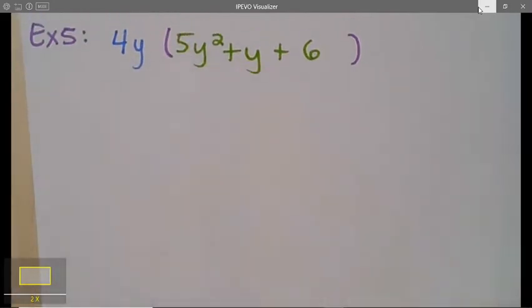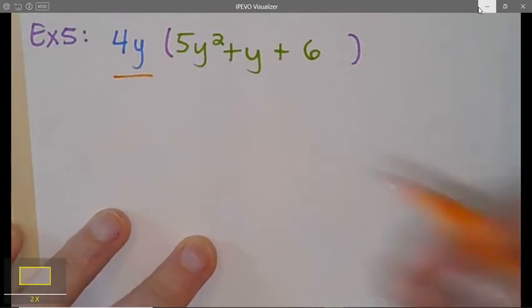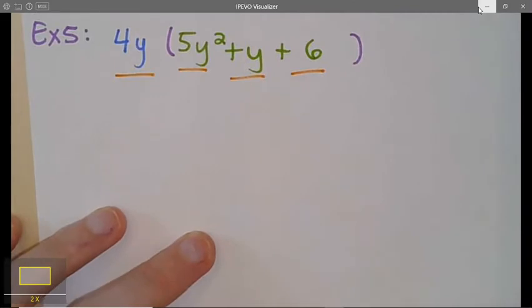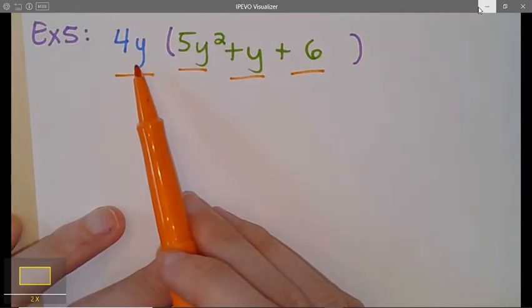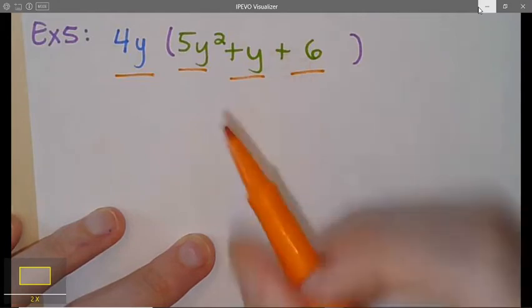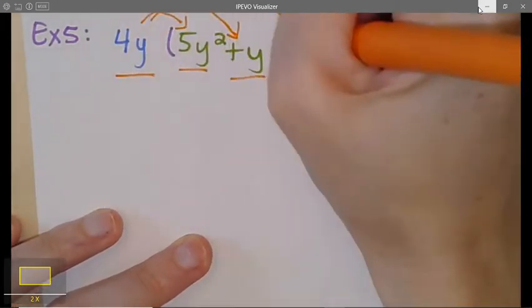So the monomial, remember, has just one term. And the polynomial has more than one term, which this one has 3 terms. So again, we are also dealing with another trinomial. And again, whenever you have a number outside of a parenthesis, you simply just multiply it to every single term inside of your parenthesis. We're going to be distributing this term to all 3 of the terms on the inside